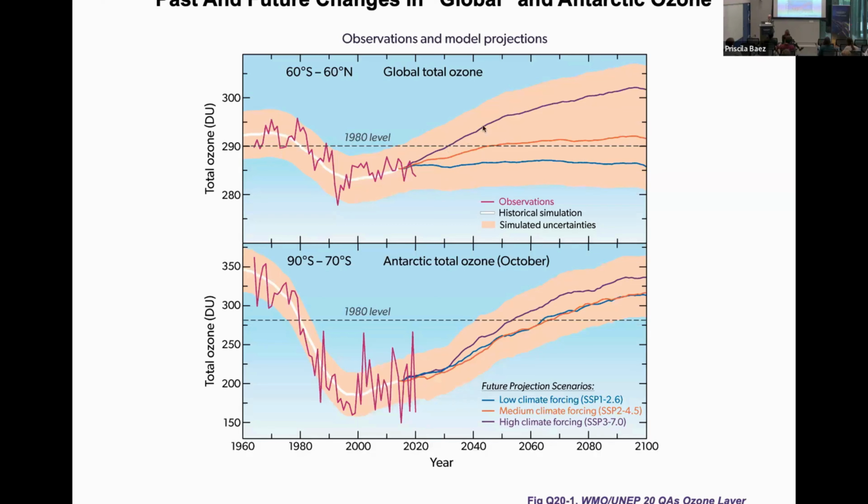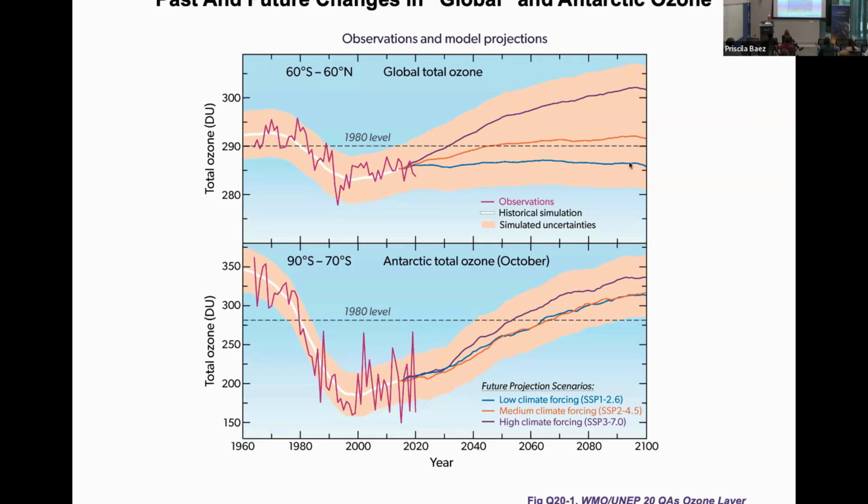We should scream through this under a high climate forcing scenario, SSP 3-7.0. That's 7 watts per meter squared radiative forcing by end of century. That would be disastrous for our climate, but good for the ozone layer. Hopefully that won't happen. And this is predicted by the models because some circulation in the stratosphere, we call the Brewer-Dobson circulation, is predicted to accelerate. And that acceleration will take ozone from the ozone production region in the upper stratosphere and bring it down to the lower stratosphere where it just accumulates. Whether the model's really right or not, we don't know.